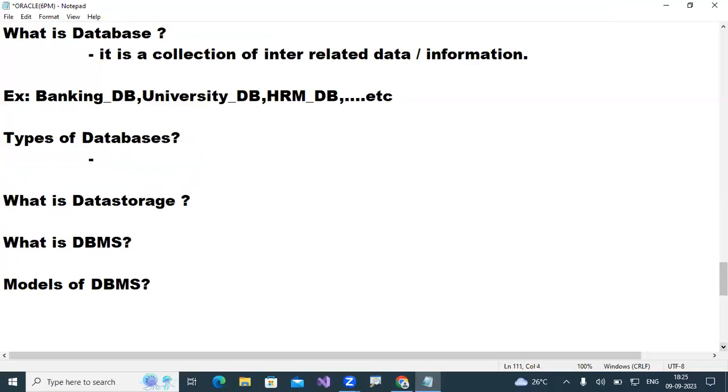In the entire world, any organization, whether IT industry or non-IT industry, public or private, anything, once they want to use databases in their organization for data management purposes, they have only two choices. There are only two types they can use. So what are those? Write down below: there are two types of databases in the real world.